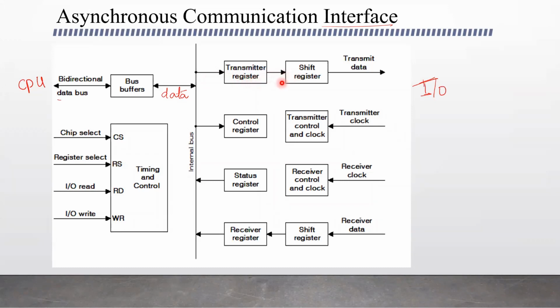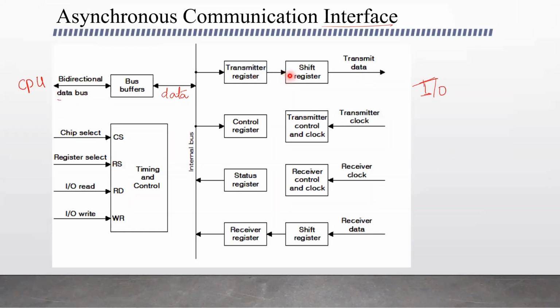And here we have the serial line to transmit the data to the shift register, and from the shift register to the other unit. Here the line will go to 0, the start bit. So first, 0 is placed in the first bit of the shift register. That means there is data to read.